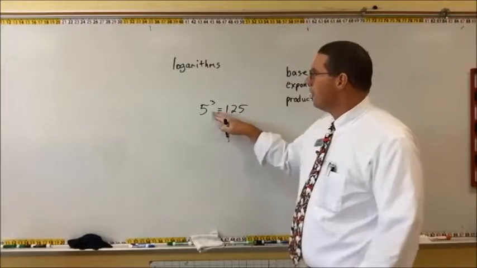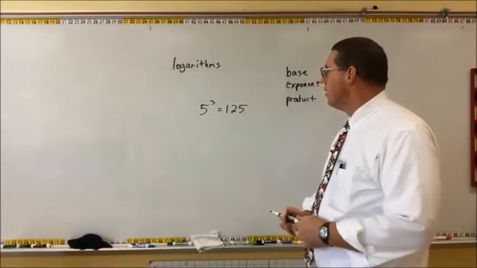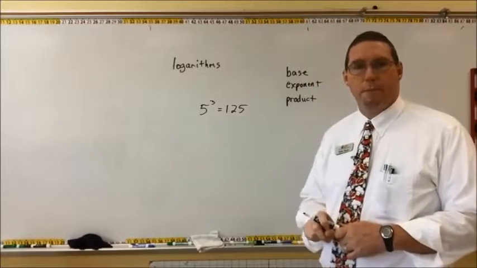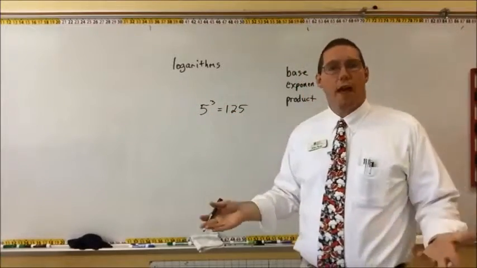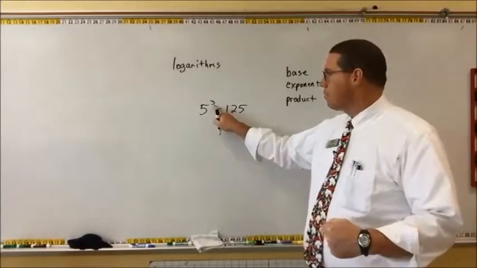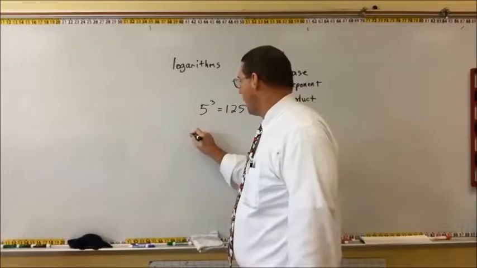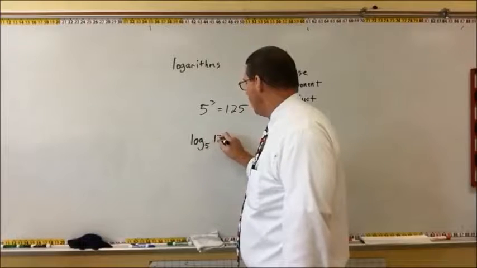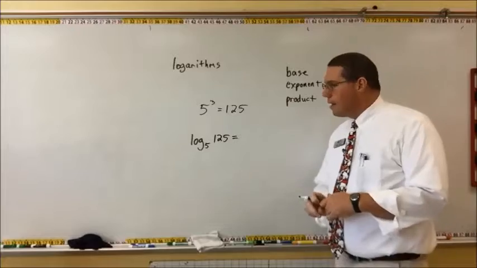And all we're going to do is, a logarithm is just another way of rearranging these parts of an exponential relationship. Logarithms rearrange these parts so that the answer to the problem is the exponent. And I'm going to show you what I mean. I can rewrite this as log base 5 of 125. Okay, what this is saying is